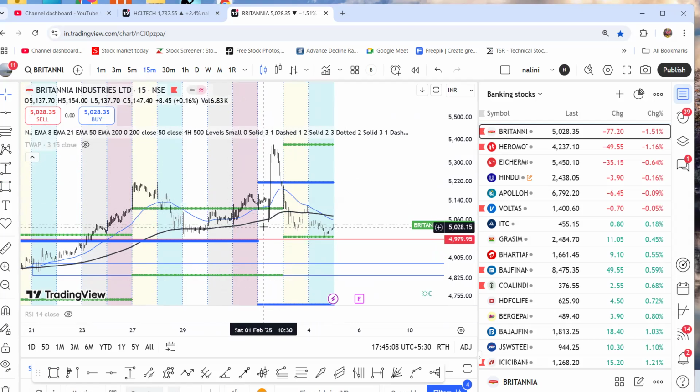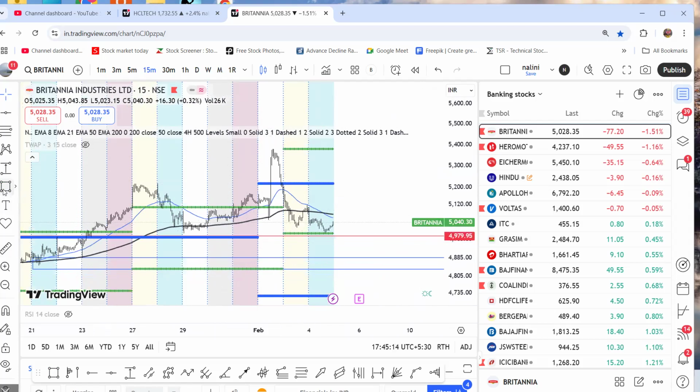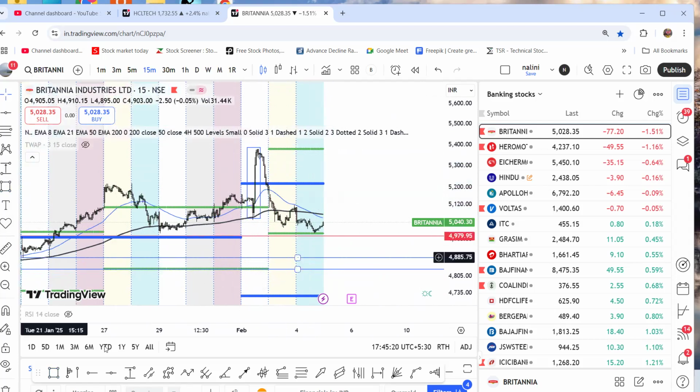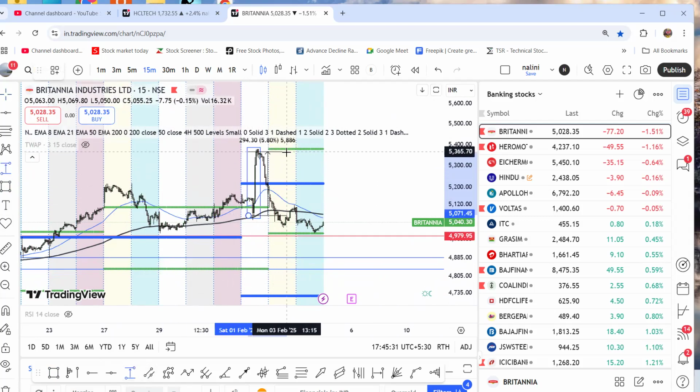For this drop, in this pop-up, you can see the 90-degree up move in the single day, it has popped up. Single day, how much percentage it has popped up? It has popped up nearly